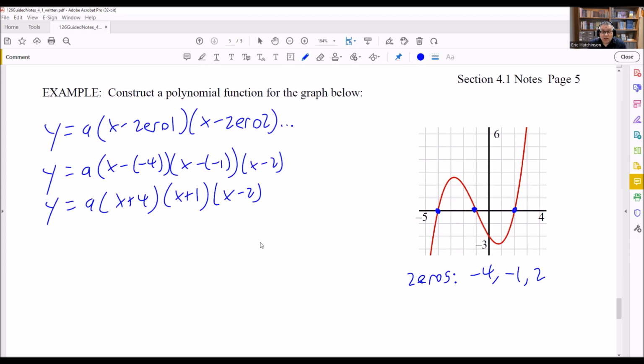for this one. Now, in order to use this, we have to put in a point, any point on the graph besides the zeros. We don't want to use zeros here, because if we put a zero in there, then everything cancels out and you get 0. So that's not going to allow us to solve for a. So you don't want to use any of the zeros as your points here, but we want to pick another point that we see the graph going through. So I want to see if there's an exact point that I know exactly for sure where the graph goes through. So this one looks pretty close here, -2 and 2, but I think I'm going to go for, again,